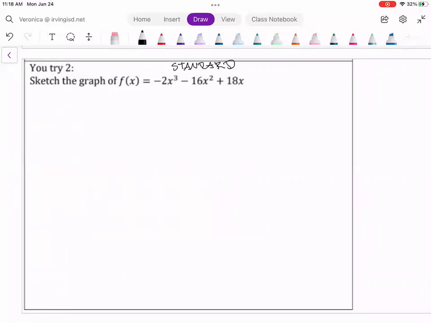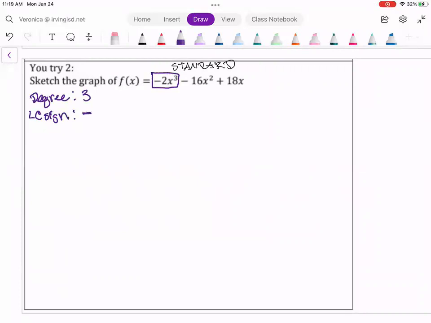So I already know that I can get the degree of the polynomial and the leading coefficient automatically without doing any work. But what am I going to have to do work for? The x-intercepts, okay? So let's go ahead and start. This is my leader, right? So we know that we have a degree of 3, and then the leading coefficient sign is going to be